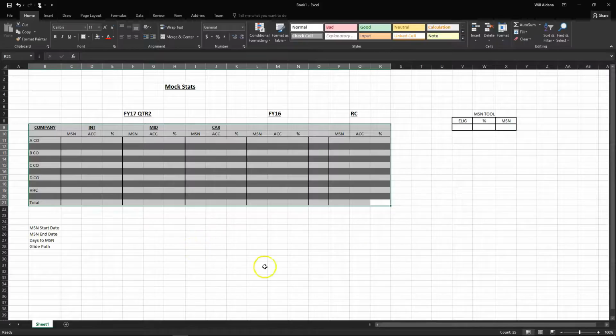Each one should be tailored to your individual unit. You can insert a picture right here of your unit and put all your specific information. But I'm going to go over how to establish your stats. So first things first,